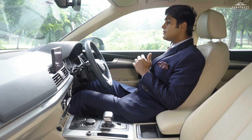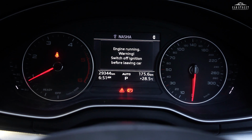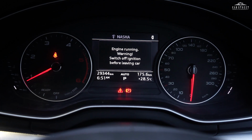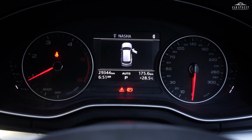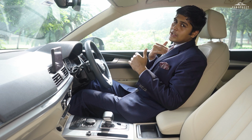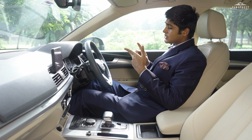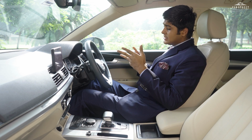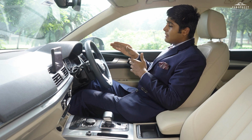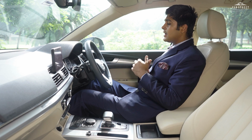Talking about the driver side instrument cluster, हमको इसमें मिलते हैं dual analog dials for the tachometer that goes to a maximum of 6000 RPM and the speedometer that goes to a maximum of 300 kilometers an hour. Between the two dials हमको देखने को मिलती है एक डिजिटल स्क्रीन जो हमें देती है बहुत सारी जानकारी इस गाड़ी के बारे में. For example, its service due date, its oil change date, its oil levels, fuel levels, air levels in the tires, etc. हाँ, और इसमें हमको बहुत सारी इन्फॉर्मेशन मिलती है हमारे इंफोटेनमेंट सिस्टम की भी।